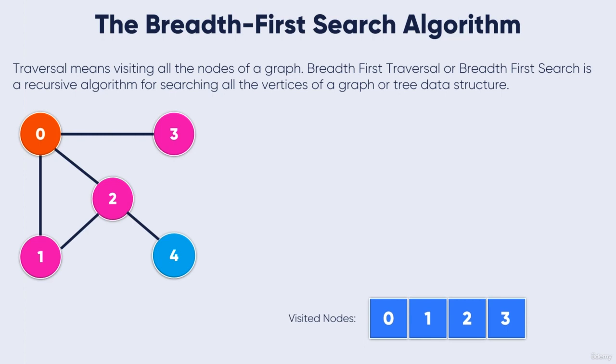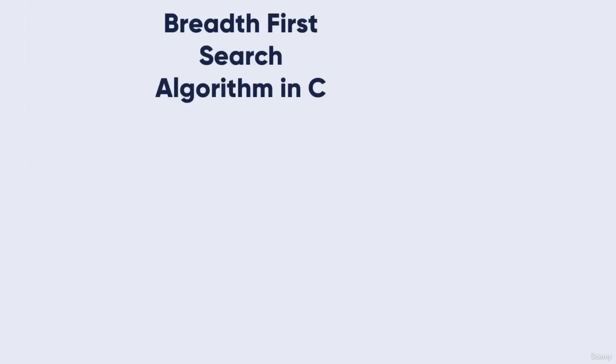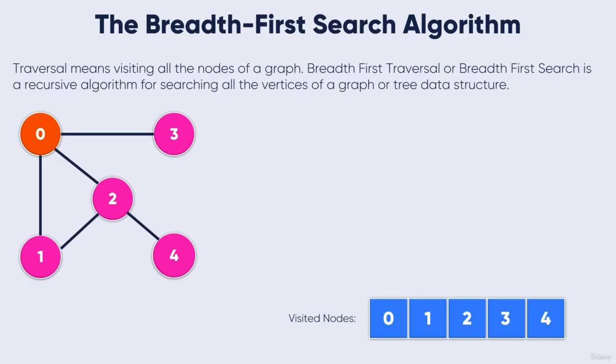From 2, we can go to 0, we can go to 1, and we can go to 4. 0 and 1 have been added previously and visited, so we are going to add 4 to the visited nodes. Okay, so this is the breadth first search algorithm that we are going to implement